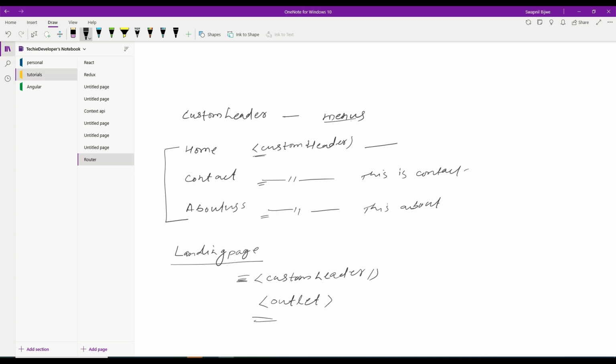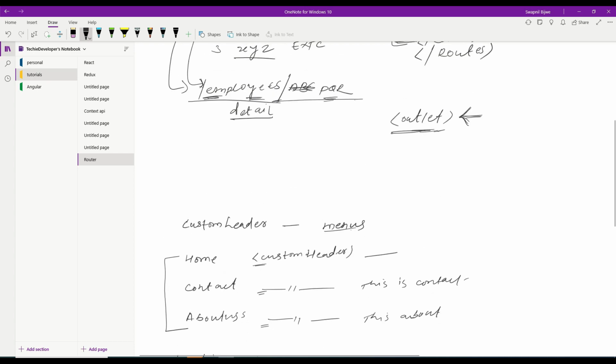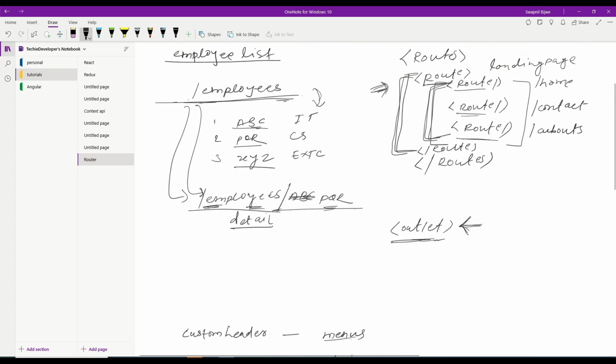On the landing page the custom header menus will be displayed: about us, contact, and so on. And as I told, this outlet tag will be replaced by the child route UI, the nested UI route. Now let's say when I am clicking on contact us, I am going to make it a child of this landing page.